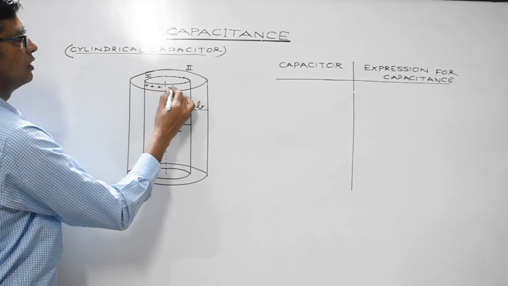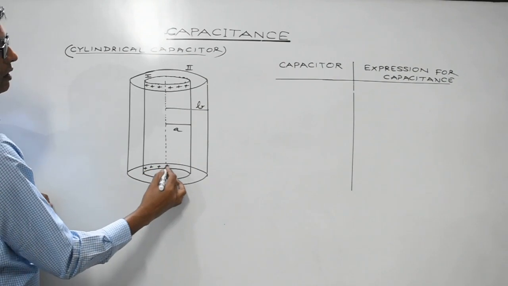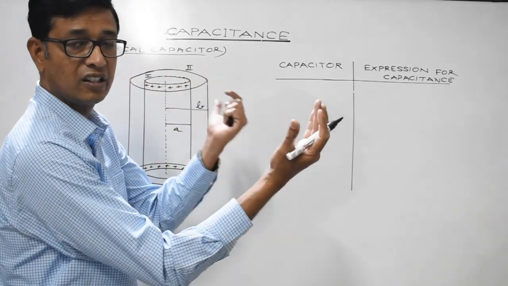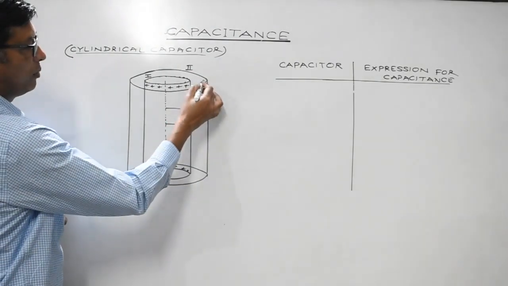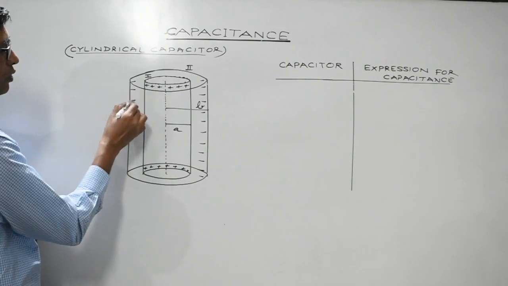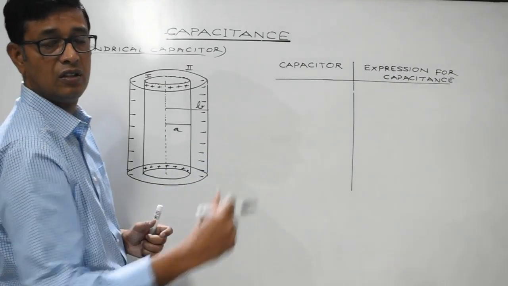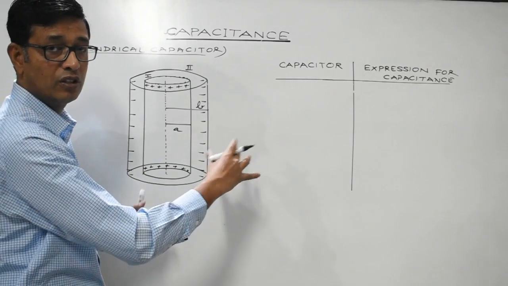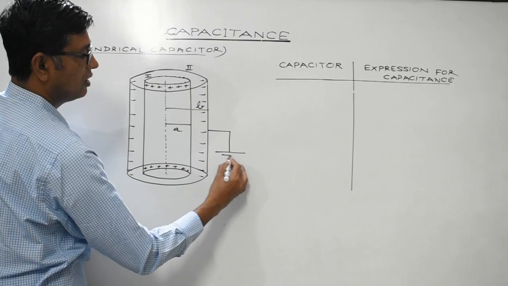Now if charge is given on the inner shell, it is hollow coaxial cylindrical shell. So charge will be residing on its curved surface, right? Negative charge will be induced on the inner face of the second shell like this, and positive charge will develop on the outer face, which will get neutralized when the second shell is earthed